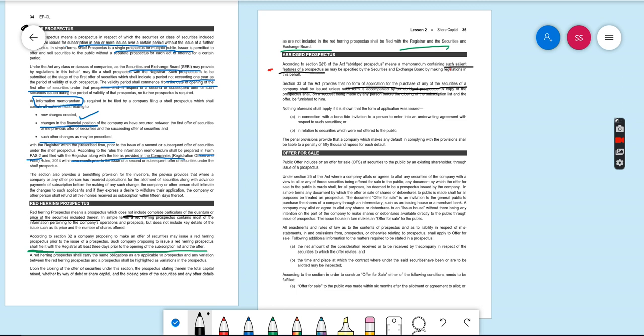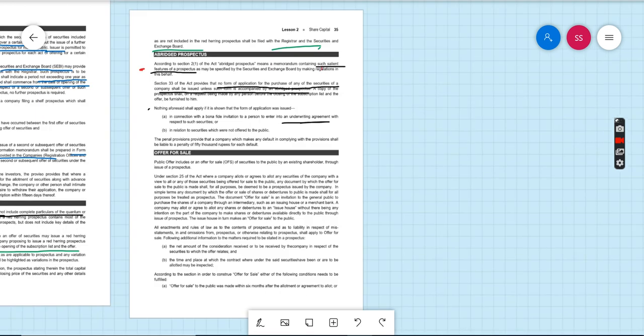And this abridged prospectus, you cannot issue... Yeah, sorry. You don't need to issue this abridged prospectus in two scenarios. One, if it is an underwriting agreement. I hope you know what is meant by an underwriting agreement. So, for those who don't know,